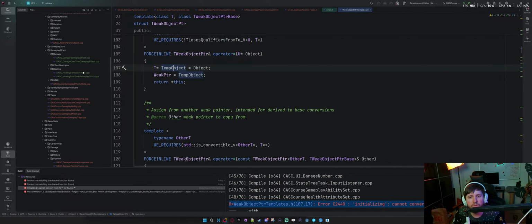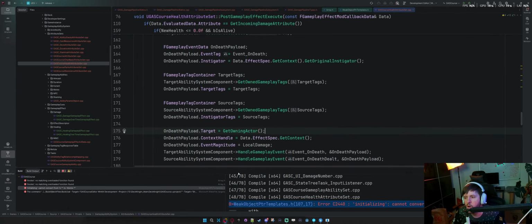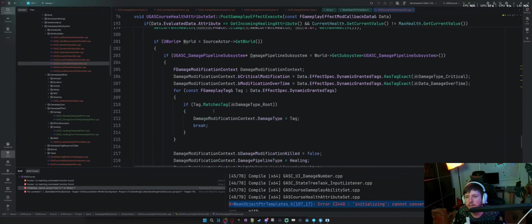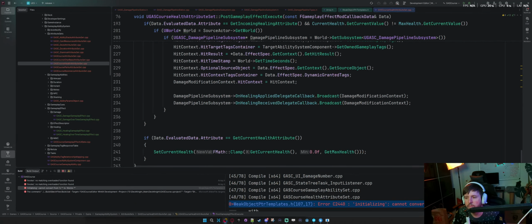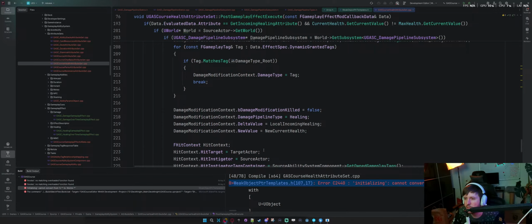So attribute set. So it can't convert from a UObject to an actor. Where am I attempting to do that?